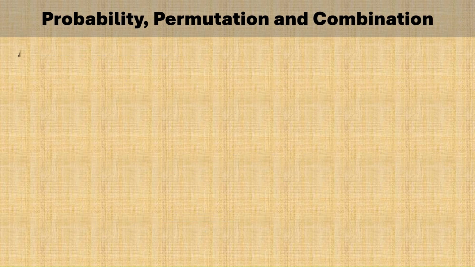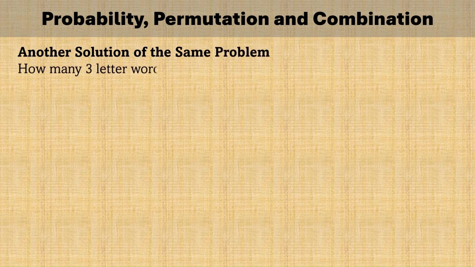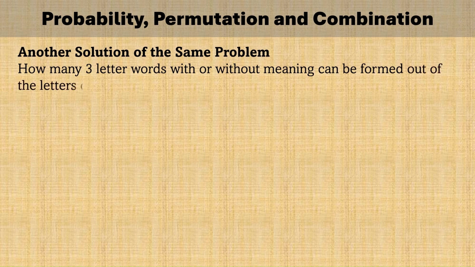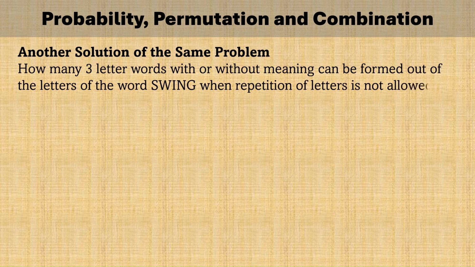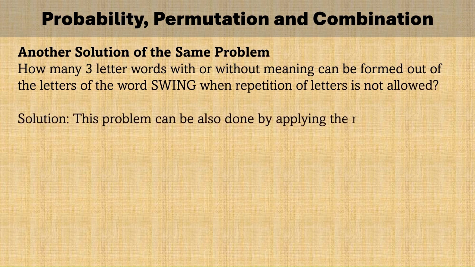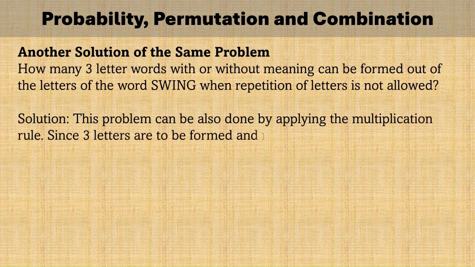Another solution of the same problem. How many 3-letter words with or without meaning can be formed out of the letters of the word SWING when repetition of letters is not allowed? Solution: this problem can also be done by applying the multiplication rule. Since 3 letters are to be formed and repetition is not allowed,